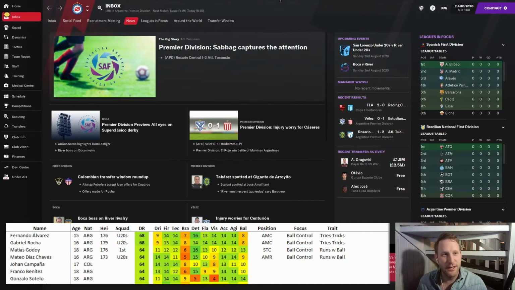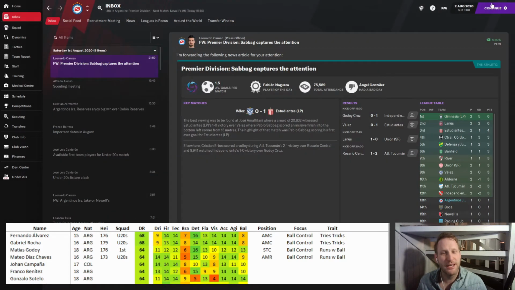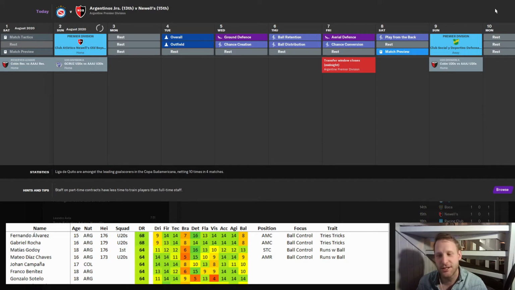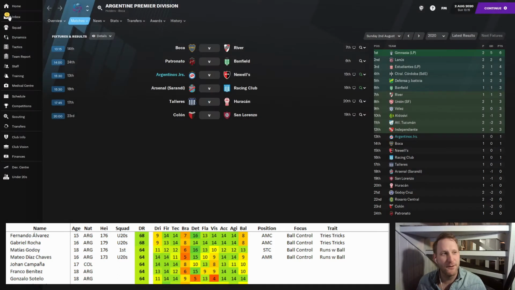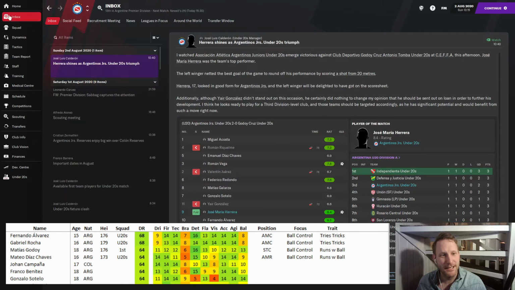We have been doing a bit of spreadsheet tinkering, and now I'm just jamming continue so we can get into the first game within the half-hour mark, and then we're going to do some scouting. So I kind of like this. I like this tempo, where we don't do stuff too quickly.